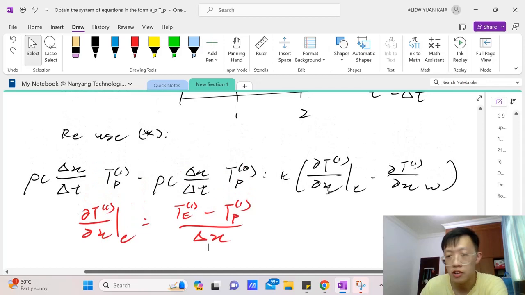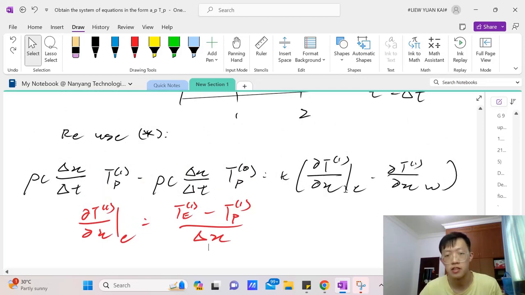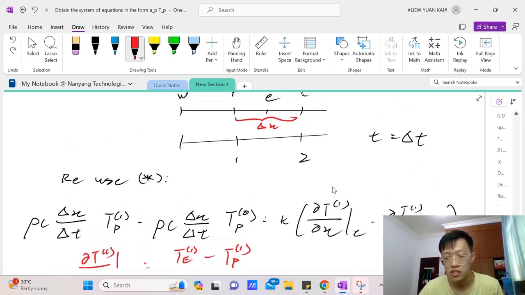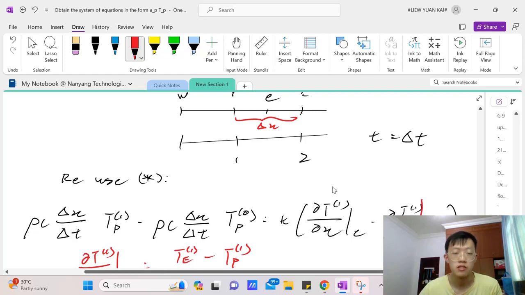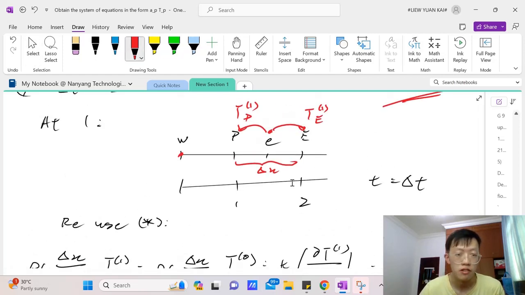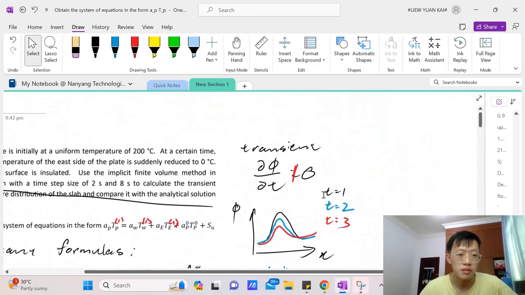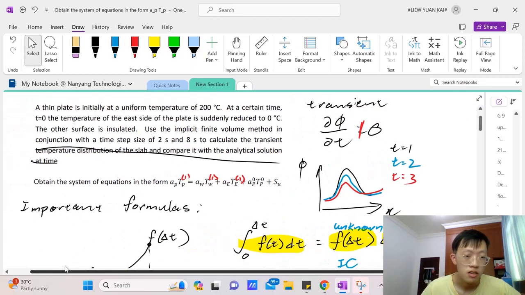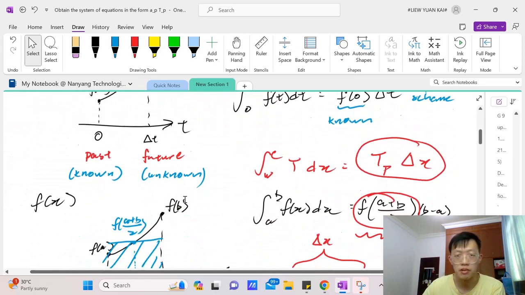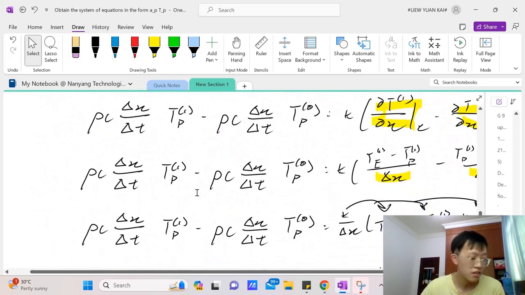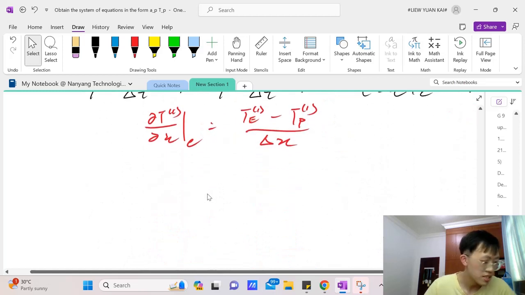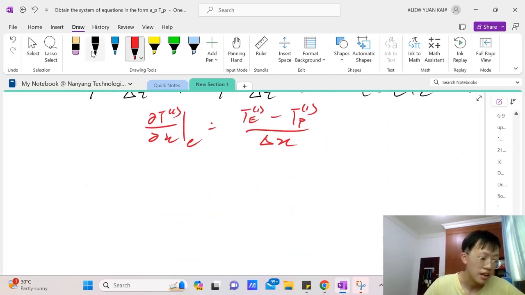Before we go ahead and take the immediate right minus immediate left, notice that this occurs at W. W is the boundary node. Remember, it happens at the very end of the domain. Let's check if there are any boundary conditions we can exploit. If you look at the question paper, they told us that at that boundary